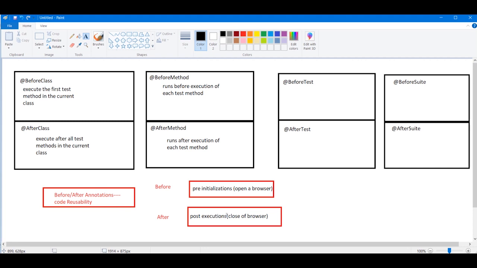Basically, you would otherwise need to write these kinds of codes again and again: first initialize, and then do the closing. So these are reusable code. For code reusability, we define a particular function and then write our own code. Guys, this is the basic concept that you need to understand first.